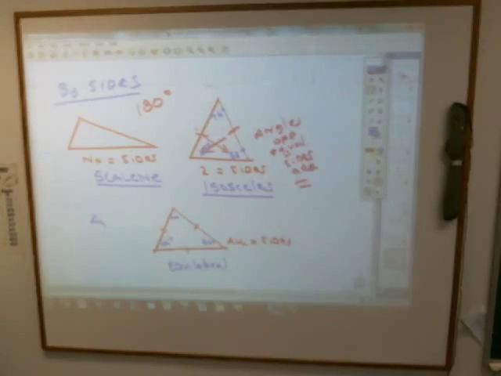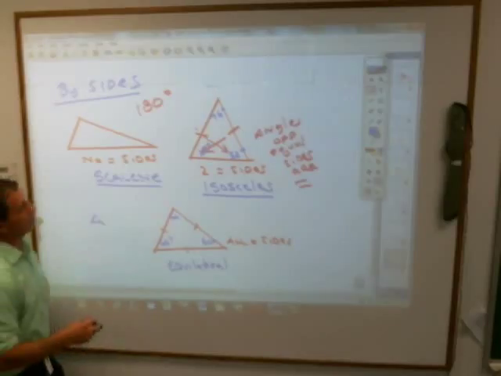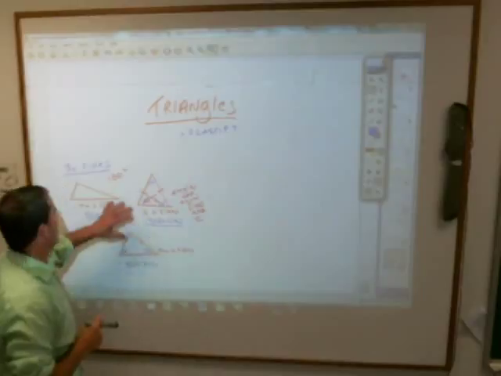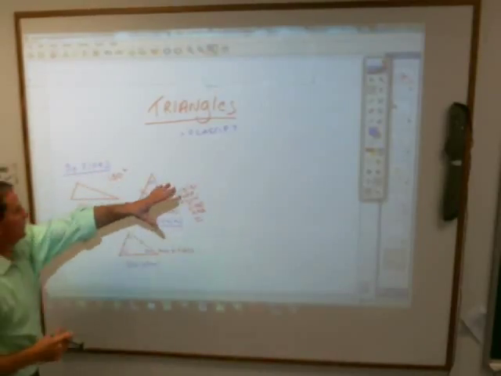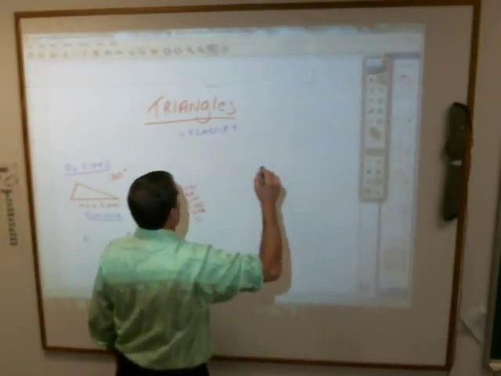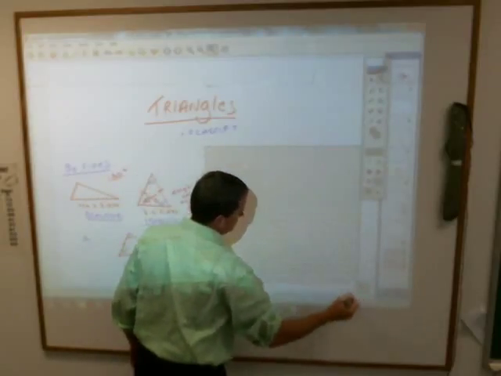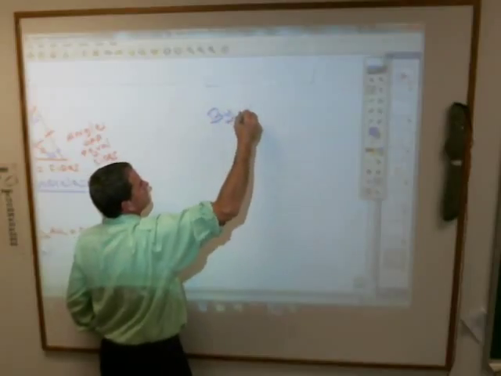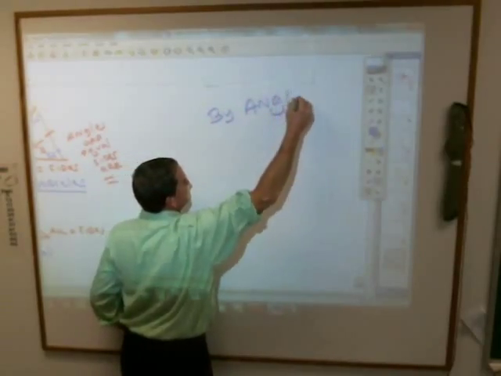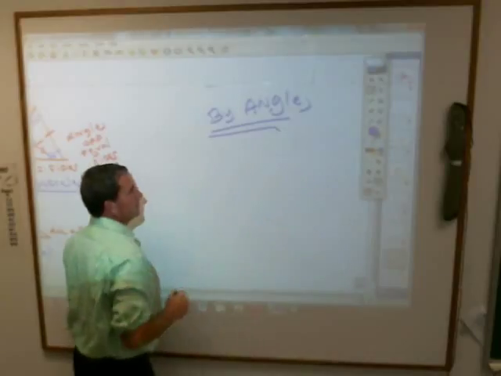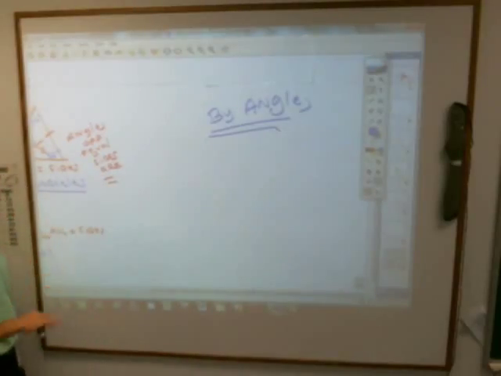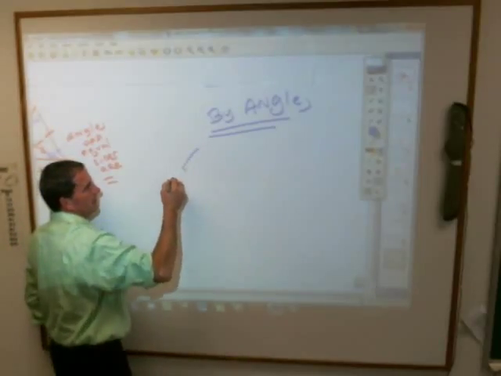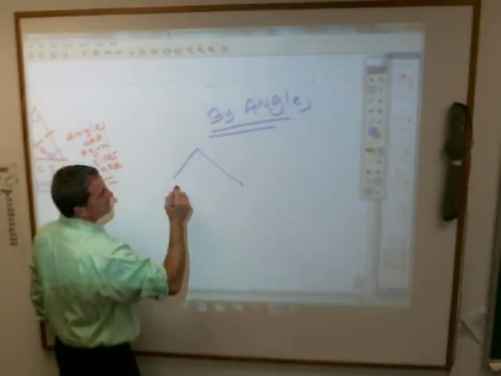Everybody happy with that? Now, that was classifying by sides. The other side over here, we are going to classify by angles. There's only 3 of these too, so it's kind of nice. There's 3 by sides and 3 by angles. The first one is if every angle